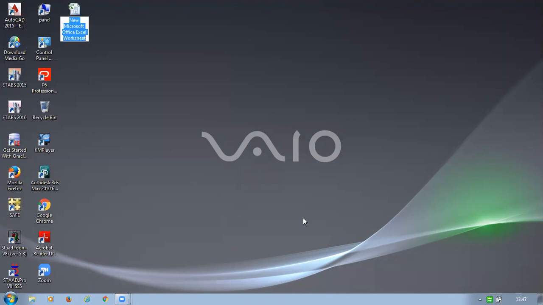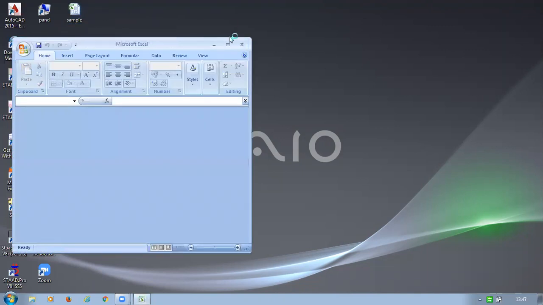So this Microsoft Excel is just a spreadsheet program, used to collect some data, process it, and also display some results, whatever the input will give. Okay, you can name it as anything. I'm naming it just as an example. Just open this one. You can double click on this.